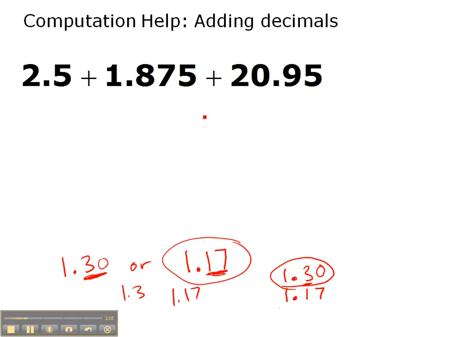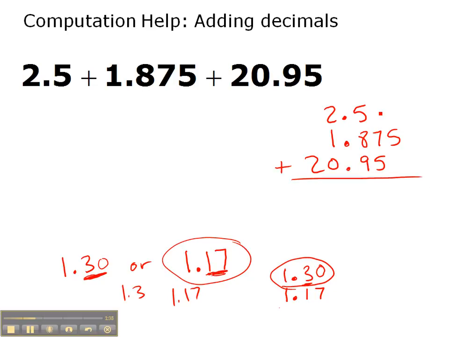Okay, so when we're adding decimals, we do the same thing. We line up our decimals. So we have 2.5, 2 and 5/10ths, 1.875, 1 and 875 thousandths, 20.95, 20 and 95 hundredths,